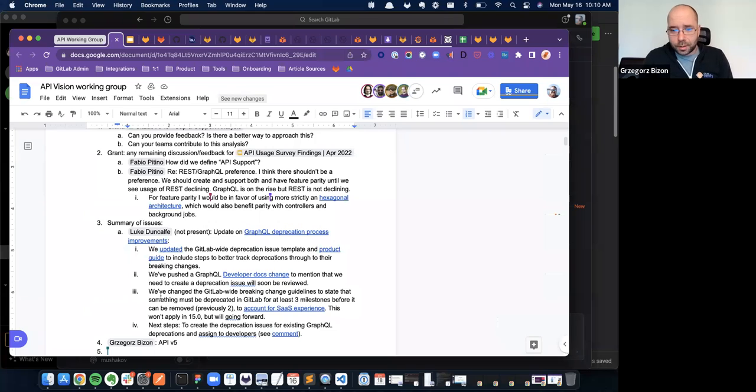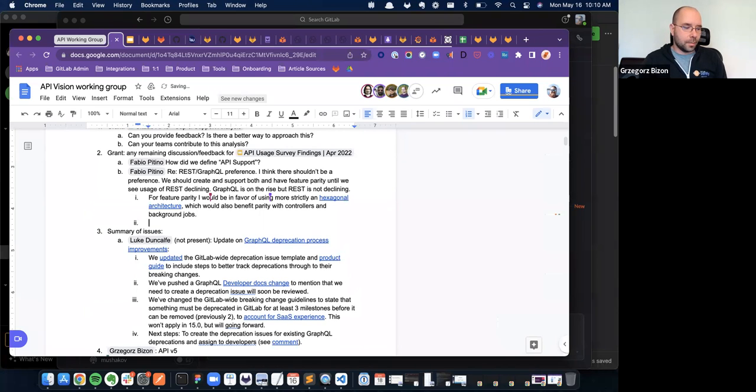Yeah, I wanted to say that I agree that we should not have a preference. We should support both APIs, and both are going to be important for our users. I don't think the REST interface for our API is going to decline and won't be used as much, because there are different principles associated with both APIs, and some users like me prefer REST API because in some cases it's easier to use and simpler.